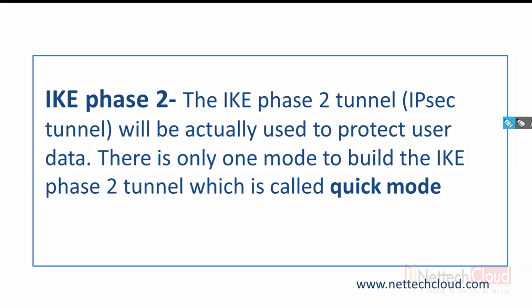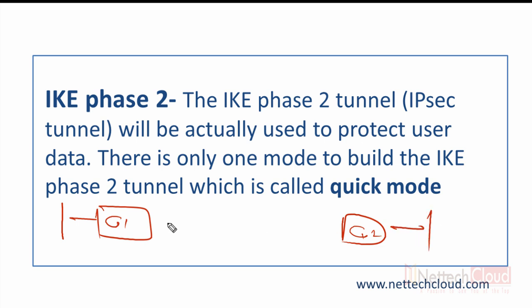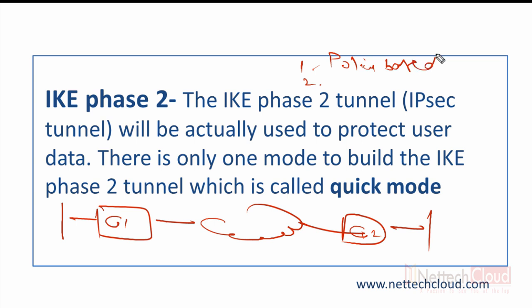And another important point I must mention here: whenever we configure IPSec site-to-site VPN between sites, there are two different ways to configure it. One is known as policy-based VPN, or domain-based VPN, and another one is route-based VPN. Nowadays we always prefer to go with the route-based VPN configuration, because in route-based VPN, what happens,